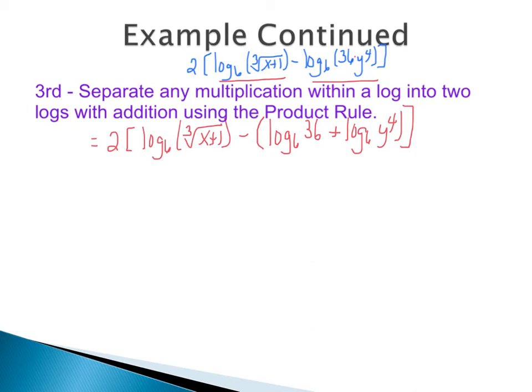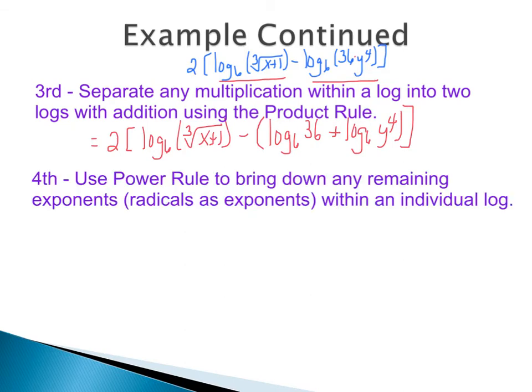Next, we want to use our power rule again. We started off using our power rule, but we want to use it again to bring down any remaining exponents or radicals that we might have. If we look in our first log, we see that we have a cube root of x plus 1. Well, cube root of x plus 1 I can rewrite as x plus 1 to the 1/3, which means that I can use my power rule. So I have 2. When I bring down the 1/3, remember it has to come right in front of the log. It's always going to drop in front of the log, not over by the 2. So it's going to be 1/3